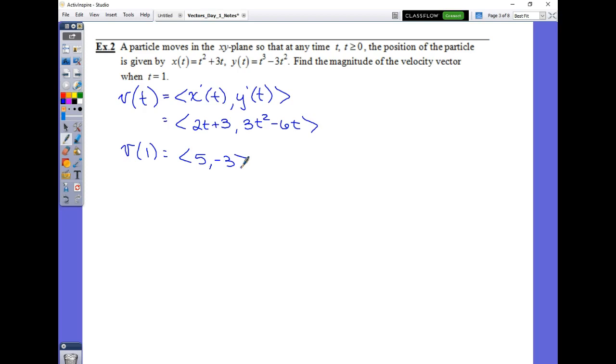So what I'm looking for is the magnitude of the velocity vector. So when I look at this, essentially what I'm imagining is I have got some sort of vector now where the x variable is going over here 5, and this y variable is going to be going down 3. And notice I didn't put a negative 3 because I already showed that it's moving down. And what the question's asking is, if I were to find the addition, in fact, let me put that in a slightly different color so we can see it. If I were to try to find the addition of those two vectors,